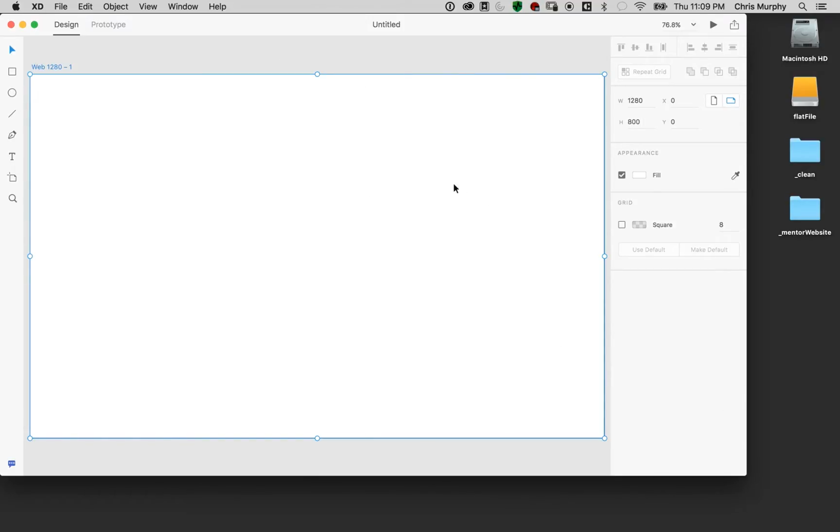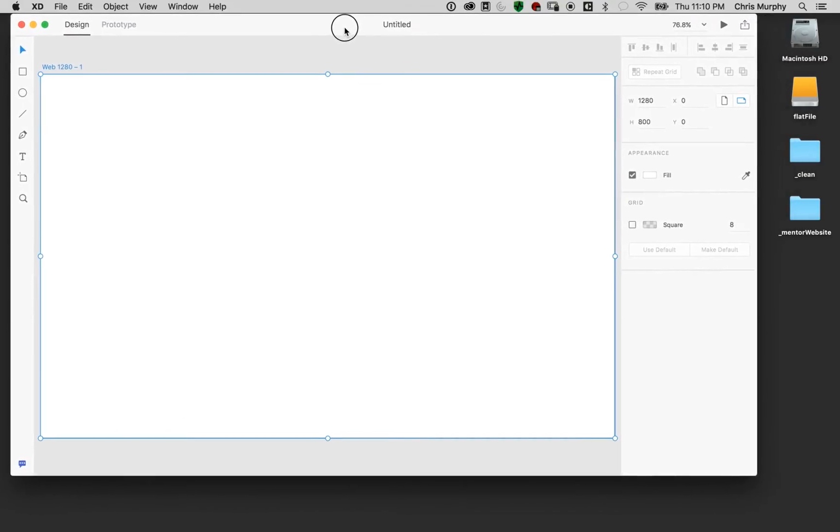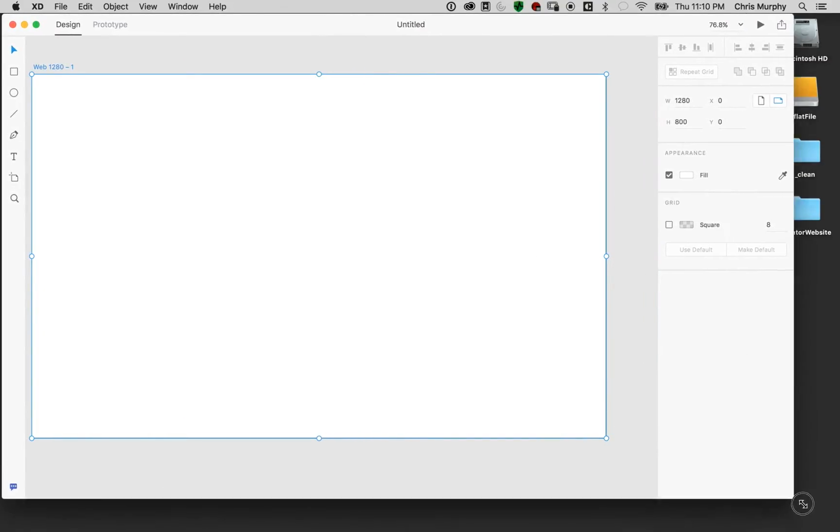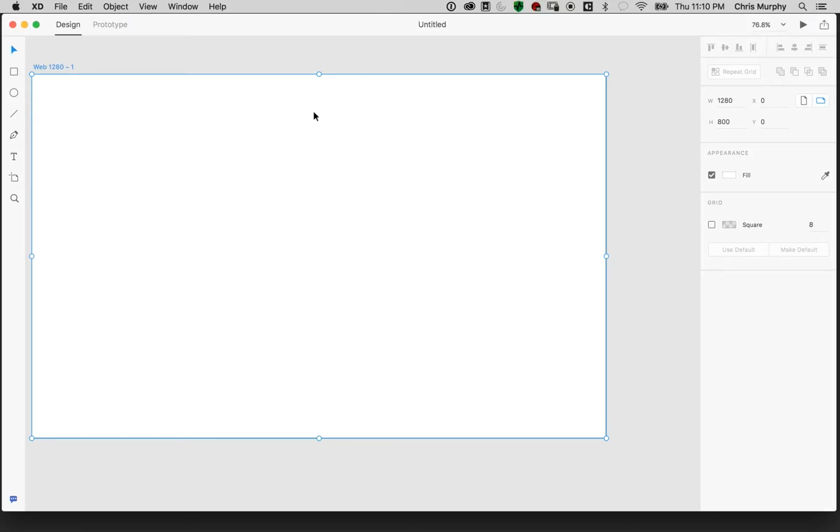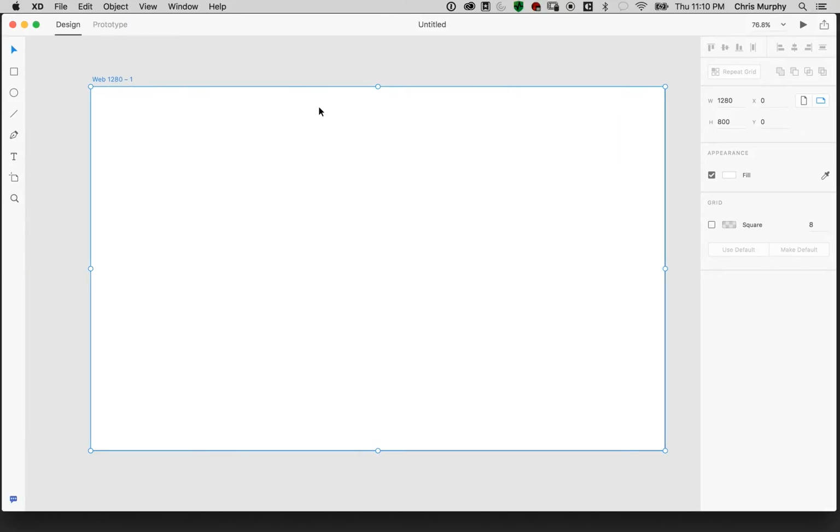And as you can see here, this is going to be the first part of the tour I'm going to take, which is basically about the interface and the program. It should look pretty familiar. I mean, this is what Adobe is going for now in terms of the look and feel. It's a little different. It's a little more stripped down than probably what you're used to if you've used Illustrator or Photoshop before. But this essentially is an artboard. Where it says Web 1280, that means it's a web desktop size,